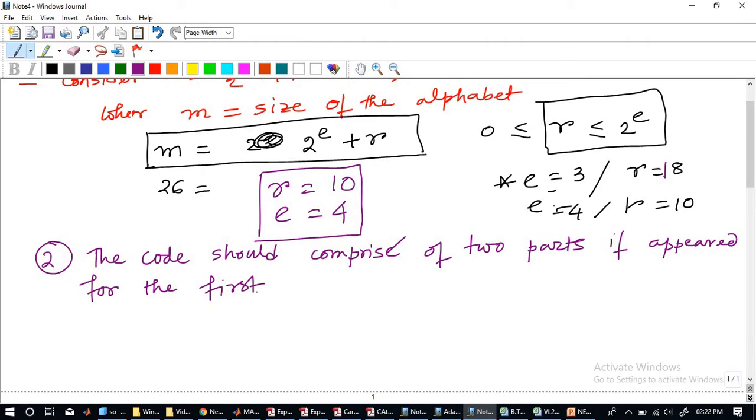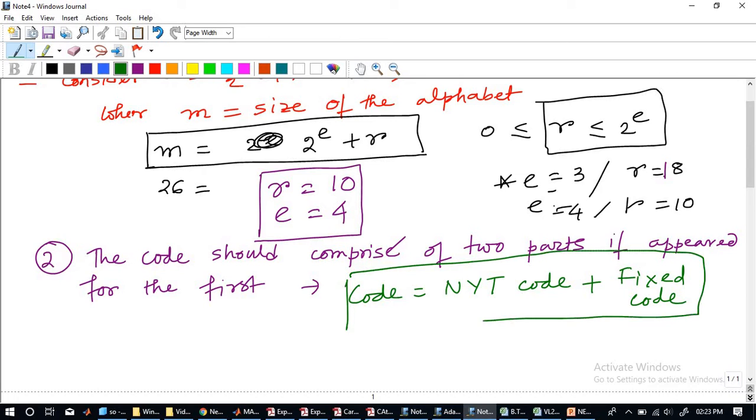Like in last day's example, when A or R was coming in for the first time, the code should comprise of two parts, and that is given by the NYT code plus something we call the fixed code. Everything I'll explain after this. Please make a box here. When the letters of the alphabet are appearing for the first time, we have to encode them using this formula, NYT code plus fixed code.